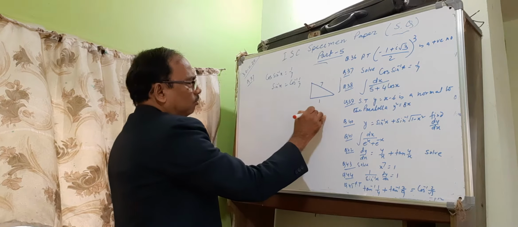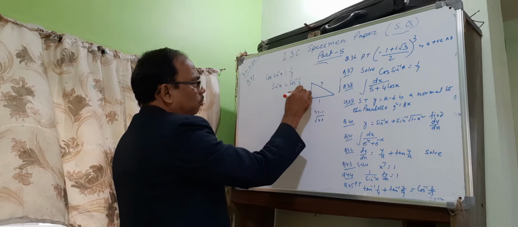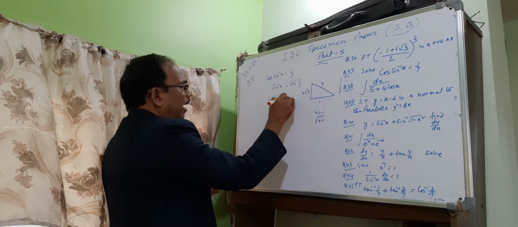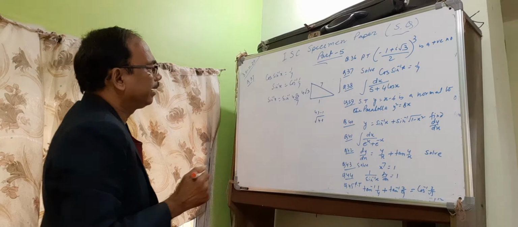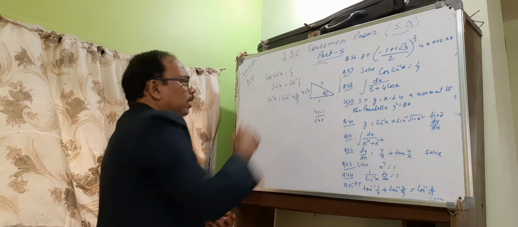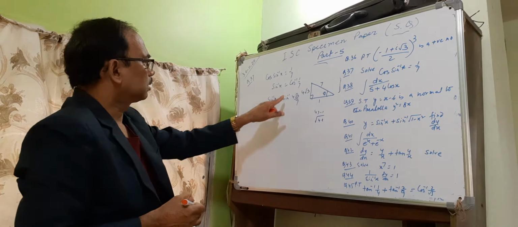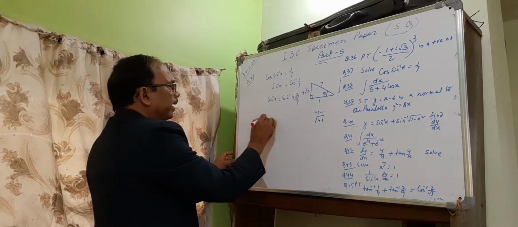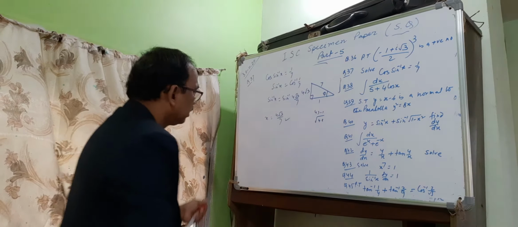What will be the perpendicular? Root over 49 minus 1, that is root 48, 16 3s, that is 4 root 3. So sin inverse x equals sin inverse perpendicular by hypotenuse, that is 4 root 3 by 7. I am telling again, cos theta is base by hypotenuse. We convert using Pythagoras, this is a right angle triangle, we can get the height. So cos inverse 1 by 7 is sin inverse perpendicular by hypotenuse. Then comparing, x equals 4 root 3 by 7. That is the solution of the given sum.